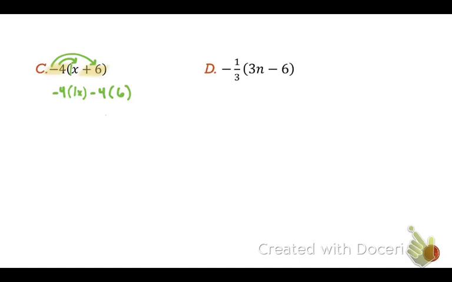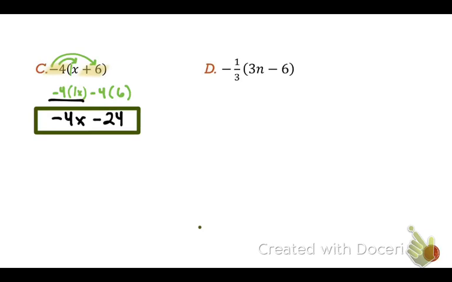Matthew, do this for us working from left to right. What is negative 4 times 1x? Correct. Negative 4x. And what is negative 4 times positive 6? Negative 24 is correct. And there is no way that I can combine those terms because one's a variable term and one is a constant. Very good. Let's go on